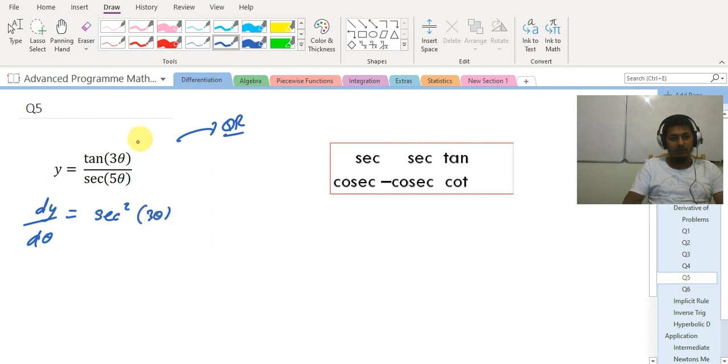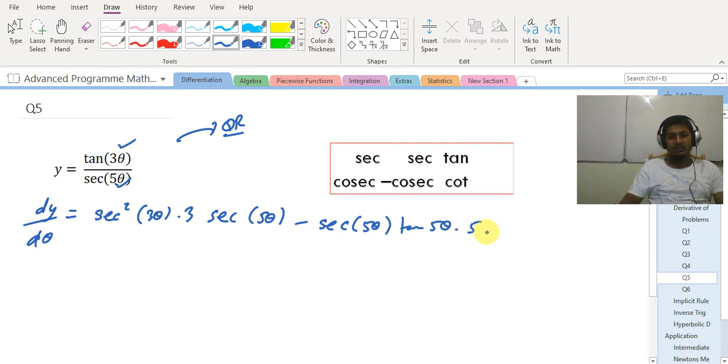Then of course we need to differentiate 3θ, which is 3, and leave the bottom, which is sec 5θ, subtract, differentiate sec 5θ. If I have to differentiate sec, I will get sec tan, sec 5θ tan 5θ, right? And then of course differentiating the 5θ, I will get times 5,